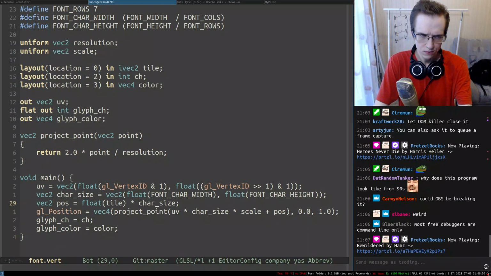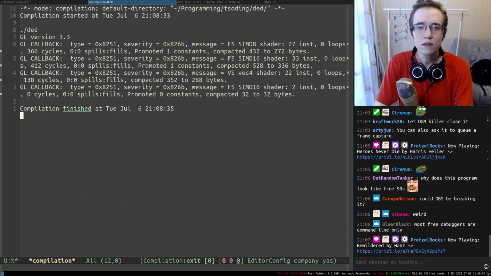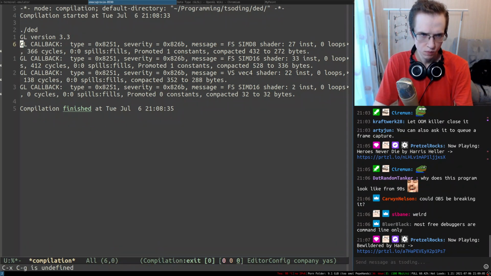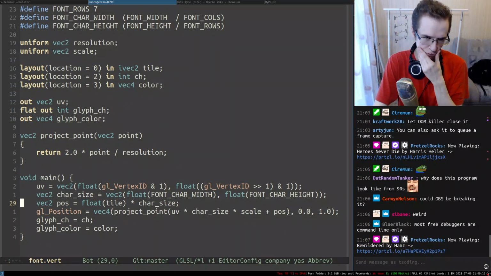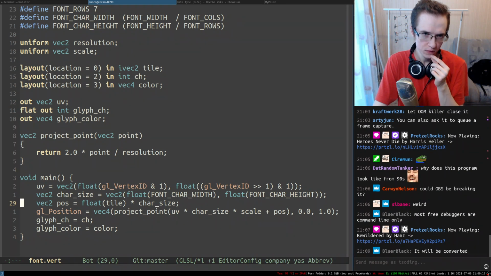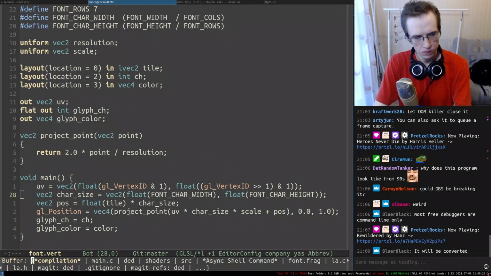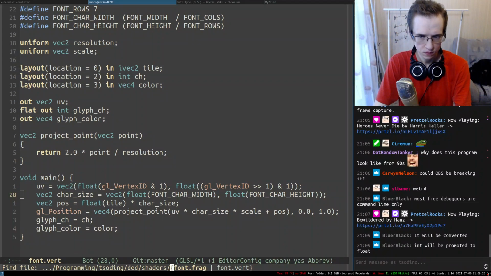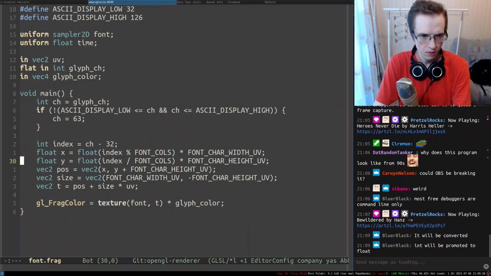Did I set scale? I think I set the scale. Position. So in the font. What if I only set the glyph color?